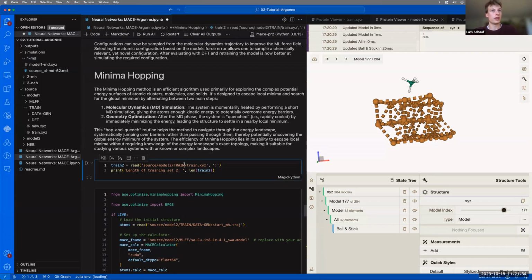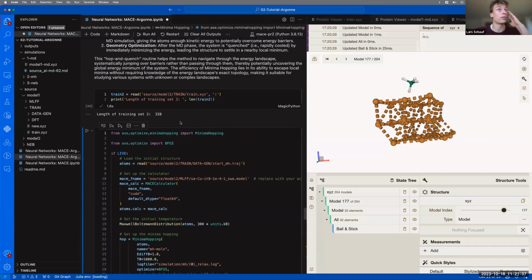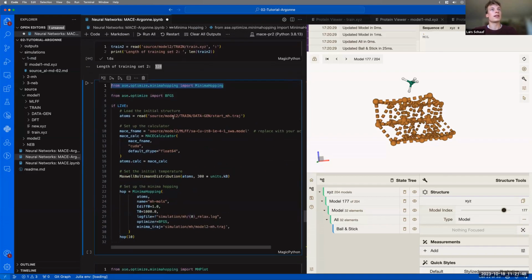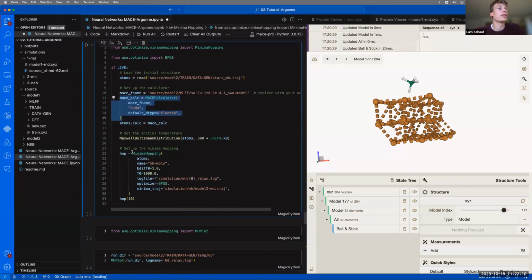We now load the training set from a model after some active learning, and we see, okay, this model has 328 configurations, so a few more, and then we run some minima hopping. So just simple import minima hopping. We read in the starting configuration. In this case, it's the same configuration, only that one of these hydrogen. No, actually, it's not. Well, I'll show in a second what we're simulating here. And then reading in a model again, creating the calculator, and then we just run some minima hopping with this built-in method. Do 10 hops,